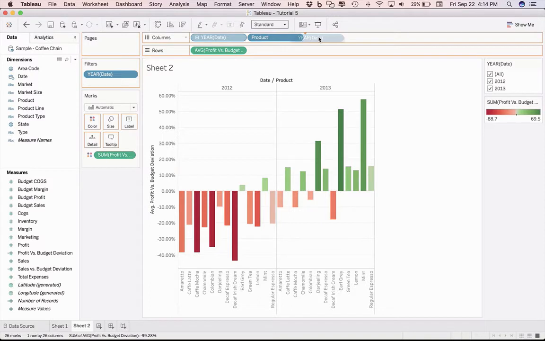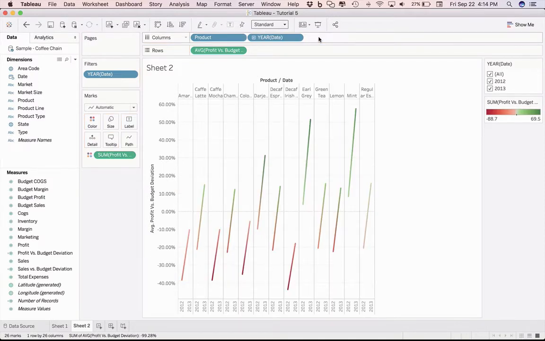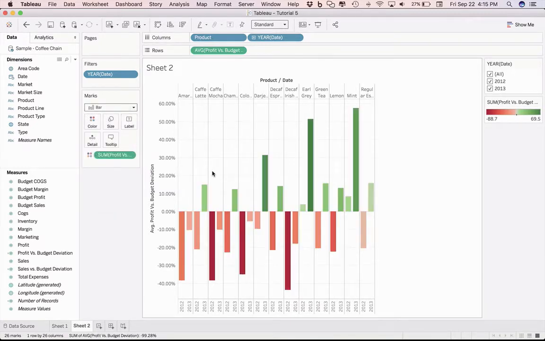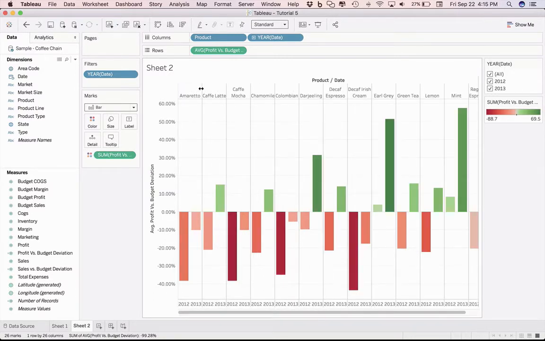So if I just reverse that, Tableau's saying, well, it's time series, so they probably want a line. Well, I'll have to just switch it back to bars. And now I get kind of what we're looking at. So now I see the actual deviation that in 2012, Amaretto had a deviation from budget profit of almost 40%, but in 2013, it was only 10%. All right, so the basic rules for deviation